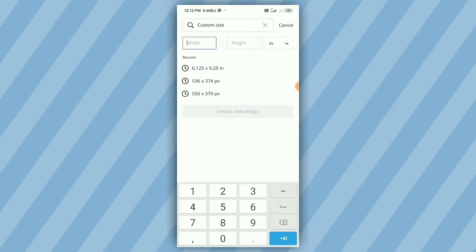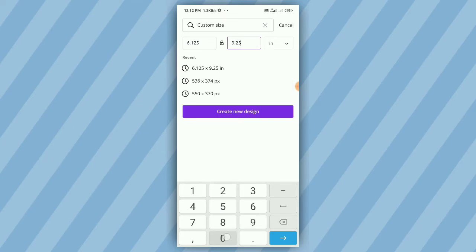Now we need to put the width and height. So my book width is 6.125 and the height is 9.250. I think you know how I calculate this, because we need some space at the top of the page, we put 0.125, and at the bottom of the page 0.2125. On any vertical side we add 0.250. Click create new design, guys. Our blank space will be created.